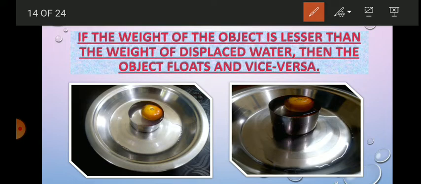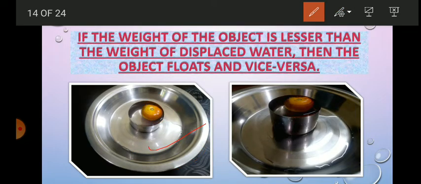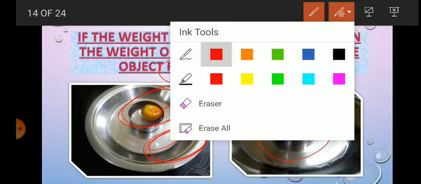Now I explain to you that if the weight of the object, here the object is the tomato, is less than the weight of this displaced water, then the object starts floating on water.